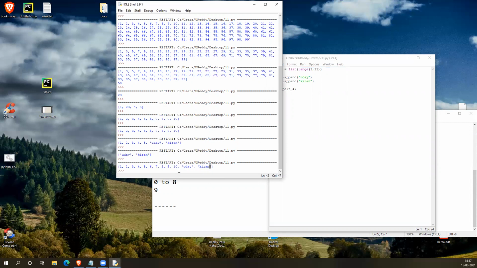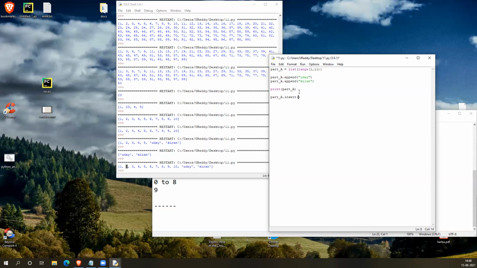But let's say I want to add at the first position or second position. Then I can use the insert function. After this, dot insert, the first argument will be the index where I want to position the element.